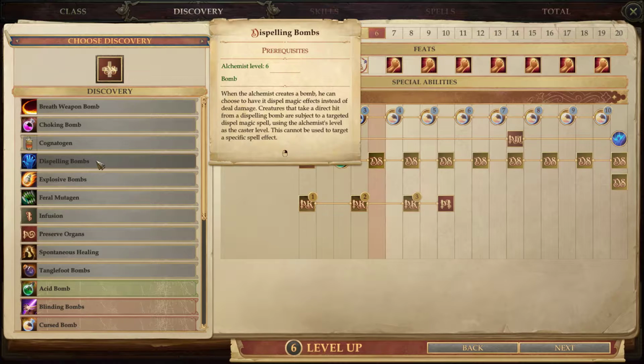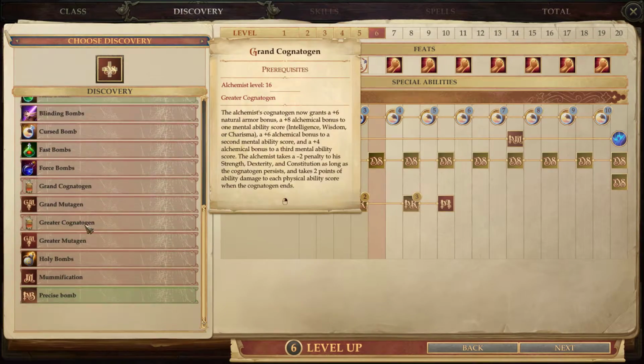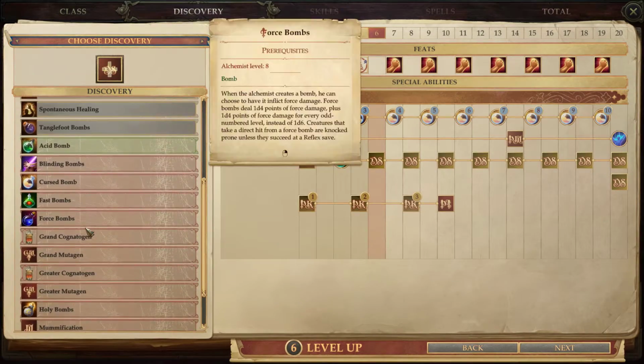I like that. Infusion. Allows an alchemist to use his extracts not only on himself but on other people as well. With this discovery, all alchemist extracts will behave exactly like spells of the same name when considering targets and range. So that's actually pretty cool because he has